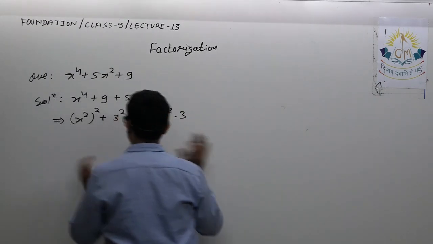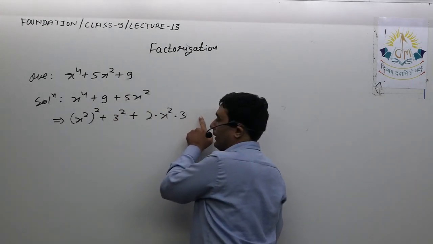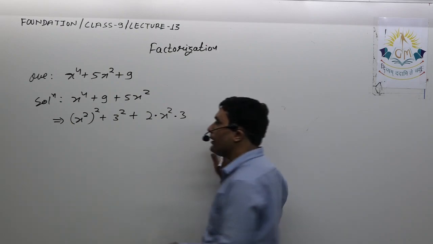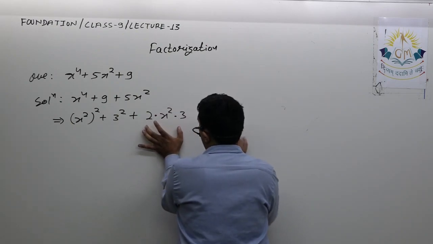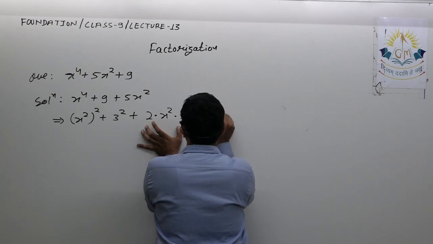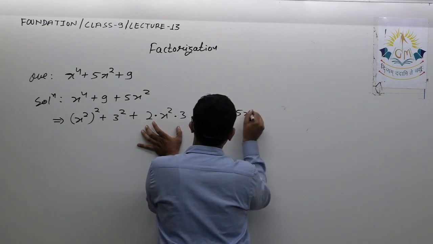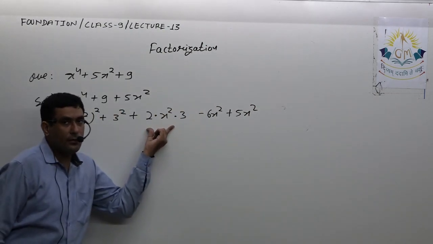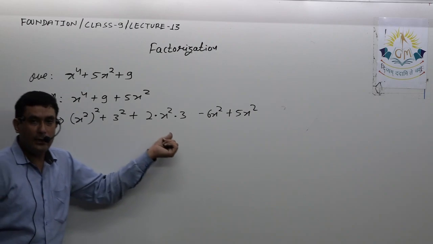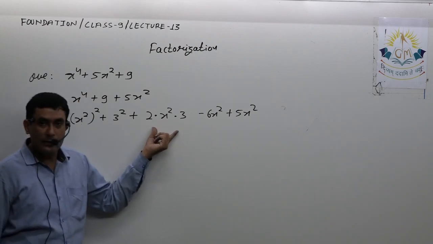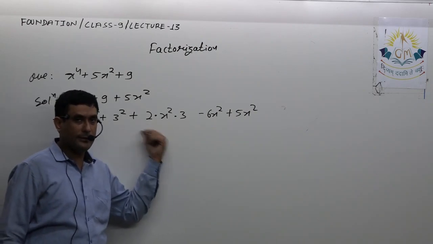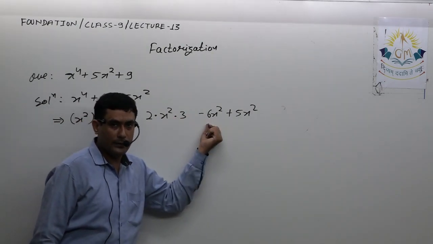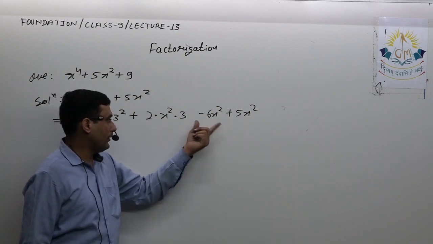Now I can do it directly. Here it is 5x square. So simply if I do minus x square, it gives me an identity. Or like the previous sum, as I added this, I will subtract this, and then I write the last term. That is also the same thing. I wrote this to make the identity complete. As I added this on my own to make the identity, I have to subtract this. So I added 6x square, I subtracted 6x square. Sorry, 6x square, not 3.